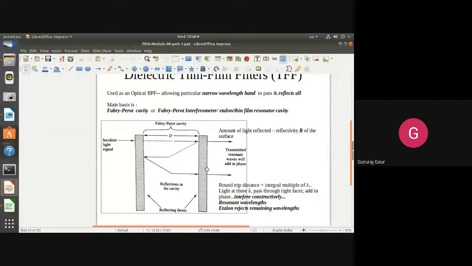So the two phenomena are constructive interference and destructive interference. If we get two waveforms which are in phase, or two waveforms having maybe same or different wavelengths, and if their crests are matching and troughs are matching, meaning they have got the same phase, then they will be constructively added, and that is going to lead to bright color. Okay, that is called constructive interference.